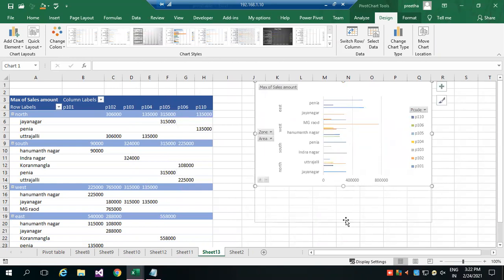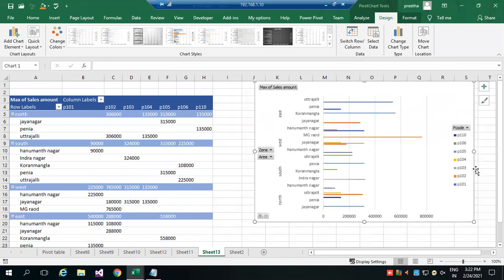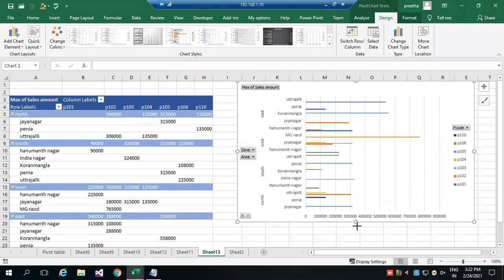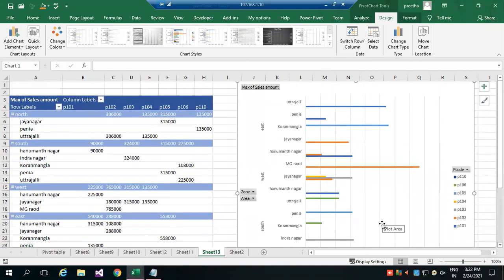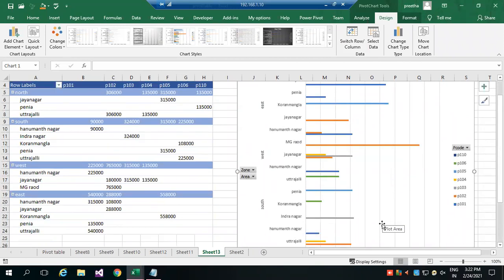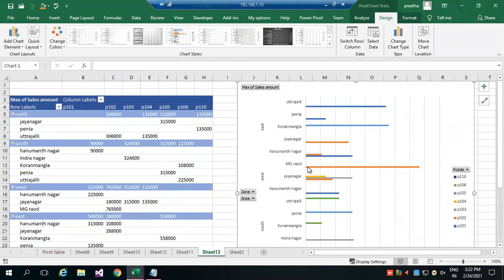We wanted to see the highest and the lowest. So you can see under each one, by seeing which bar is longer, you can understand. This is the highest one. So product 102 is having the highest sales among all.